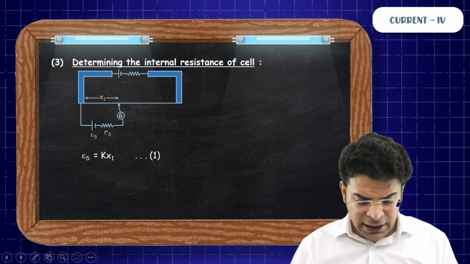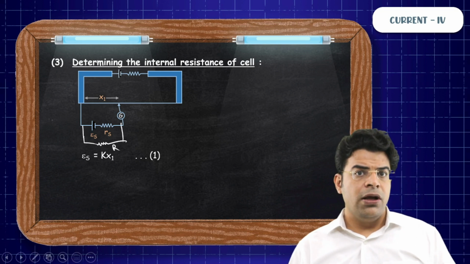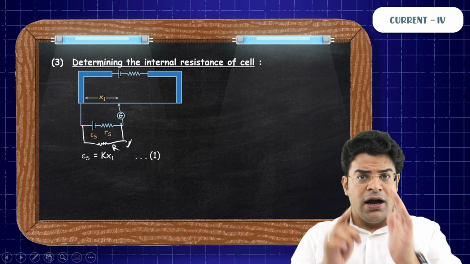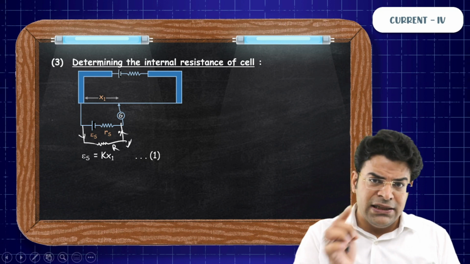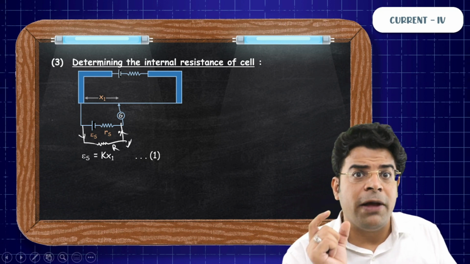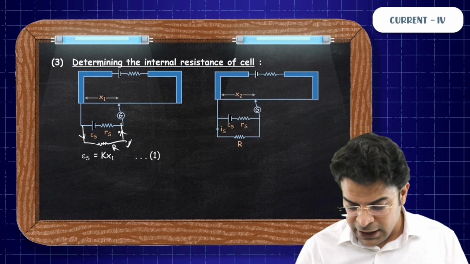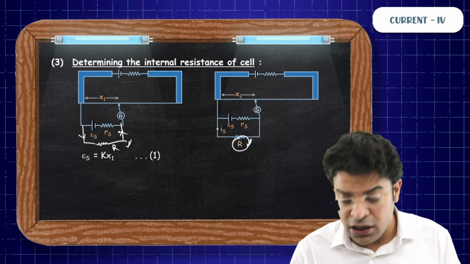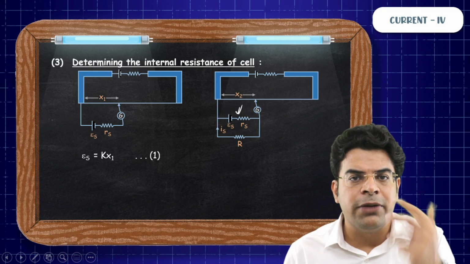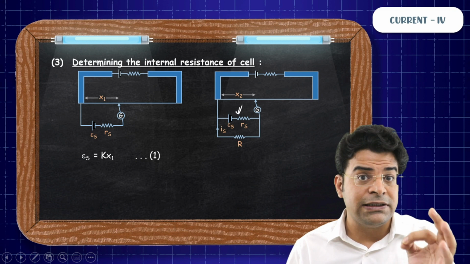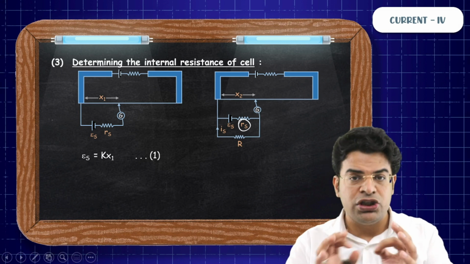Then you connect one more resistance to this secondary cell. Because of connecting one more resistance, a current starts to circulate in the secondary circuit. When the current starts to circulate in the secondary circuit, now the potential drop across the cell is less than before. Why? Because the cell is discharging. So you connect a known resistor to this cell. When I say you connect a known resistor, it means that you connect a resistor whose resistance is known to this secondary cell, whose internal resistance you are trying to find. Our mission is to find RS.